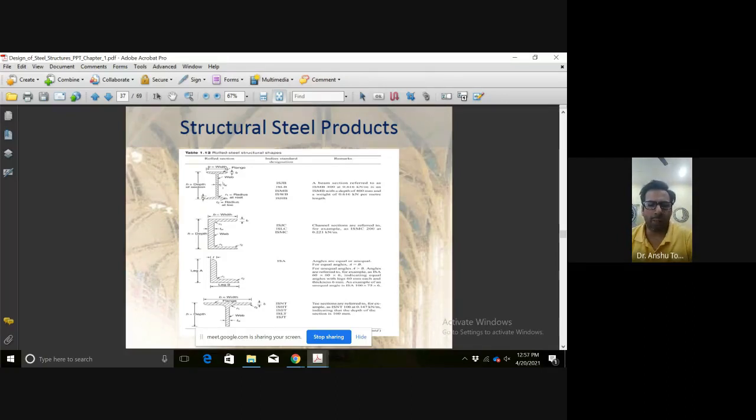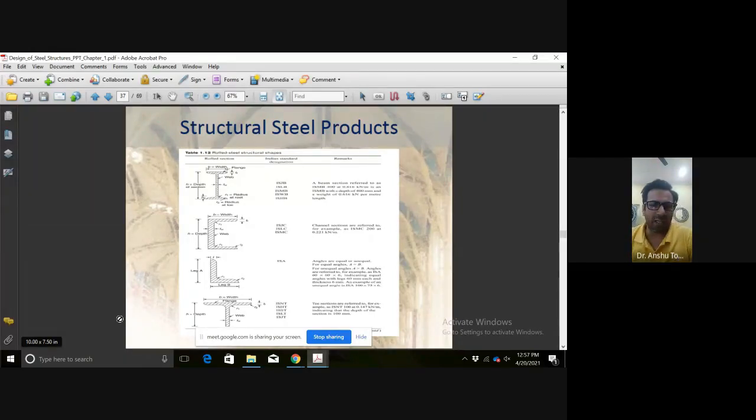So when we find the uniformly distributed load, and then find the moment acting on the simply supported member, WL square by 8, when we get the final moment, we simply use the formula P upon A plus minus M by Z. M upon Z, that is the flexural bending behavior, is going to decide which cross section we have to take from the steel handbook. M upon Z has a permissible safe value in structural steel. In IS 800, Indian Standard 800, when you open it, in some clauses there is a permissible stress.